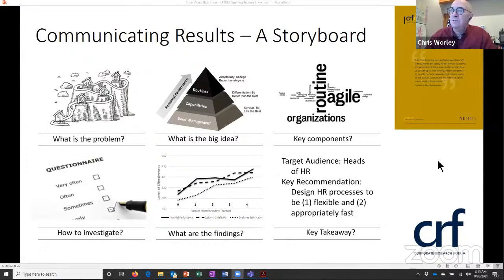One of the things that we did in the book was we tried to think about different ways to help people tell the story about the research that you did. And we actually pull from storytelling as a way of thinking about organizing your thoughts to tell an academic story in a practical and interesting way. And so the storyboard that we laid out for this particular study: Jillian and Mike said the members in our association at CRF are interested in agility too. Will you come and do some work with us?